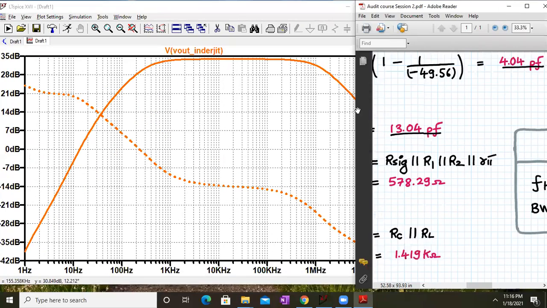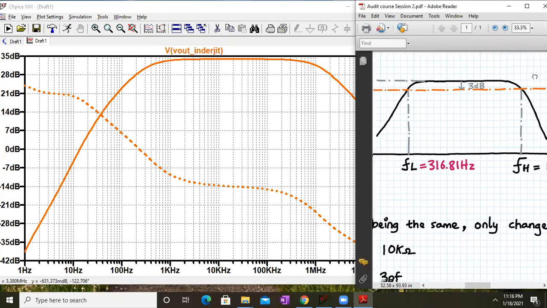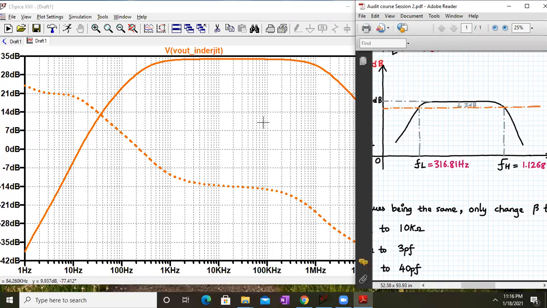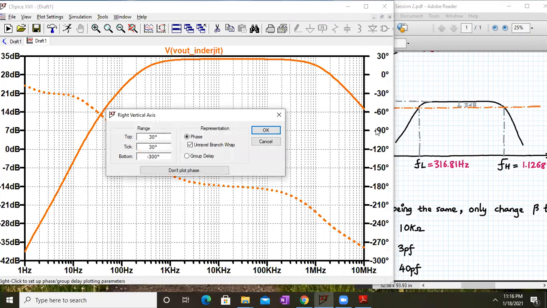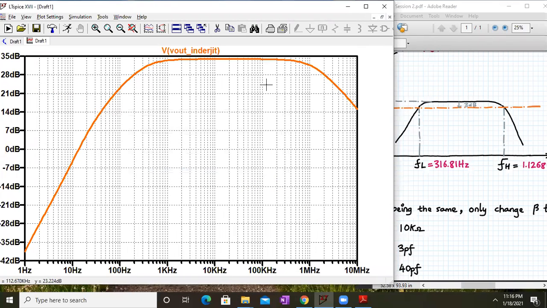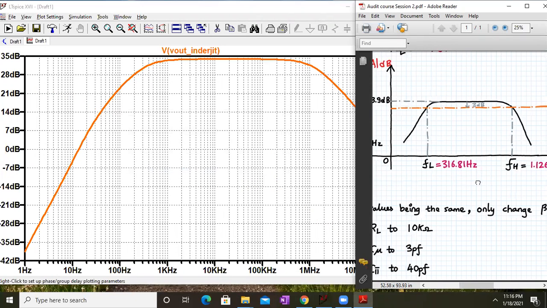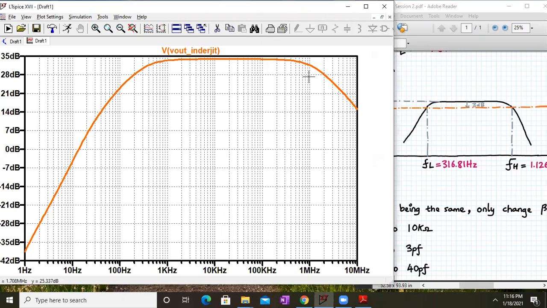And that is what we have plotted roughly also, as you can see. But here it contains the phase plot also. So right click over here and remove the phase plot. Okay, so this is the frequency response which we are getting. As we see, at lower frequencies the gain falls due to the coupling capacitors, and at the higher frequencies the gain falls due to the interelectrode or parasitic capacitances. And your x-axis is logarithmic. As you can see, this is a logarithmic graph on the x-axis, and the y-axis is the gain in dB.